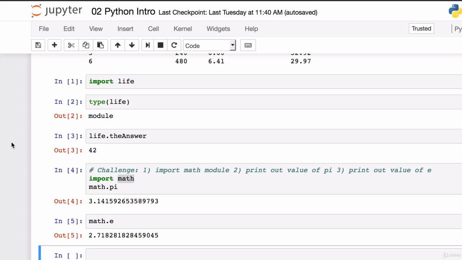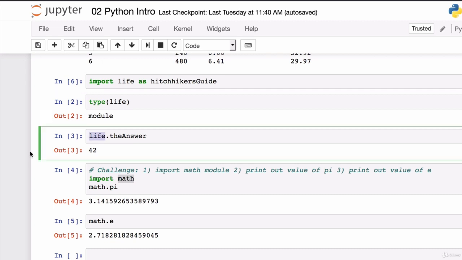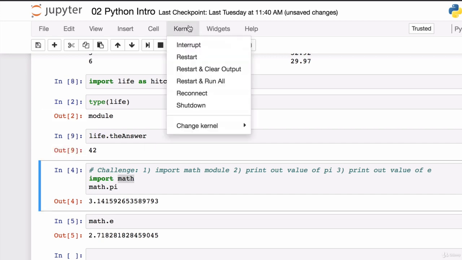We're going to use this as keyword with our life module, because we can give that module an arbitrary alias too. Check this out. If we write import life as Hitchhikers_Guide, and hit Shift Enter, then we also have to update this cell below. And the reason is that we can no longer refer to this module as life because, well, we've given it an alias. If we were to reevaluate this entire notebook by going to Kernel and going to Restart and Run All,